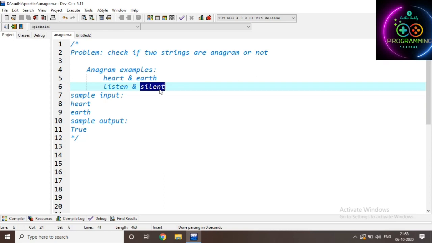We are going to read two strings and we have to find out whether they are anagrams or not. Simply, the input is heart and earth, and the output is true here. If both are not anagrams, we have to return false. That's it, nothing else. Yes, moving into code,